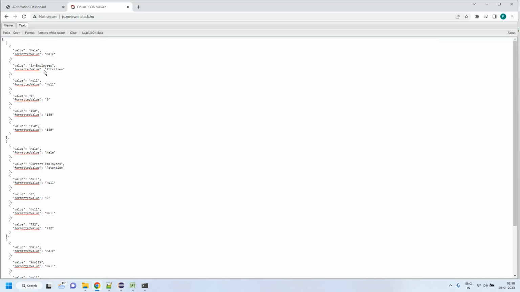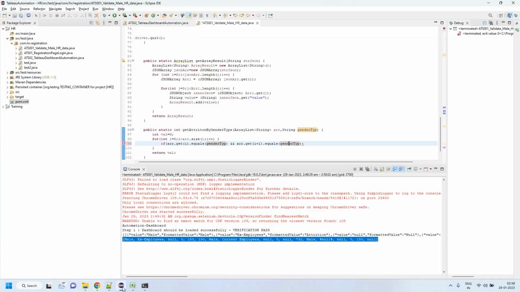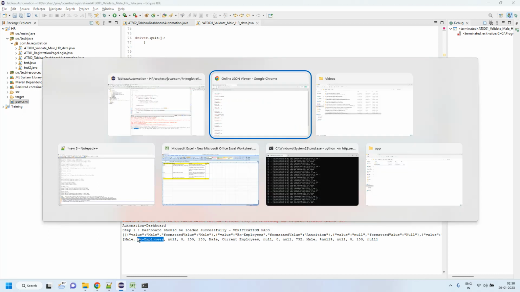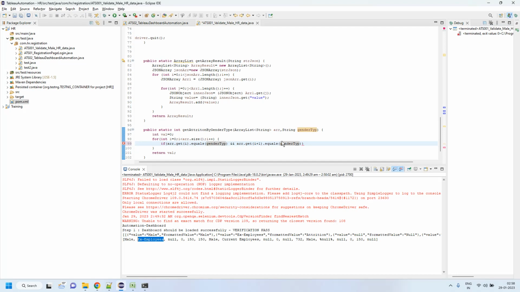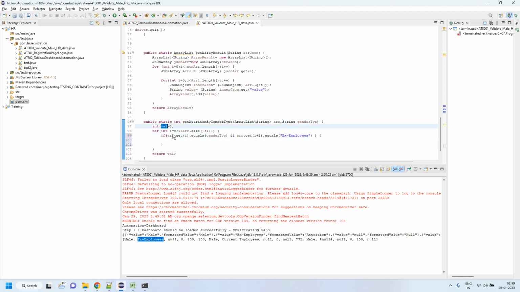what, it is for attrition we are taking, but in value what we are getting, for attrition we are getting value as X employees, so we have to capture this value, that is X employees, because X employees for attrition and current employees for retention. We are here taking attrition details. Okay, equals to X employees, let me cut it for time, and now it is okay, equal to X employees, then value equal to